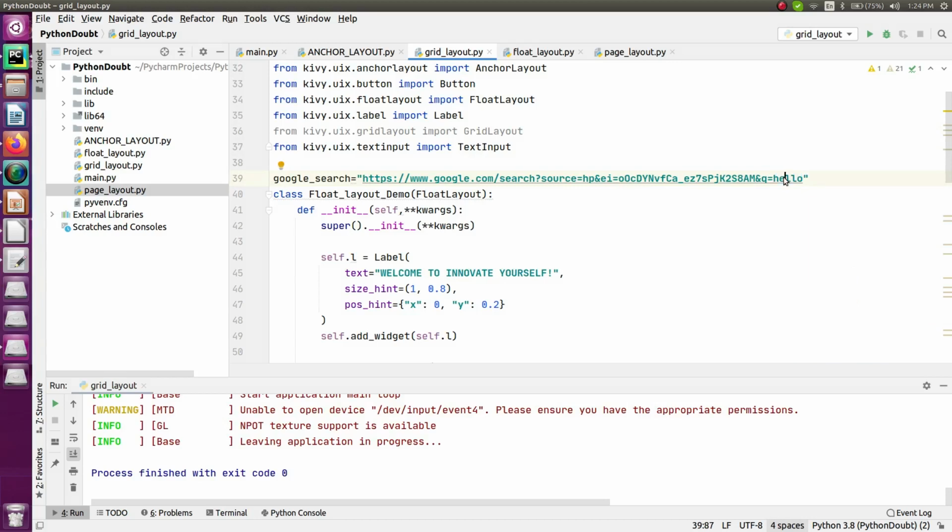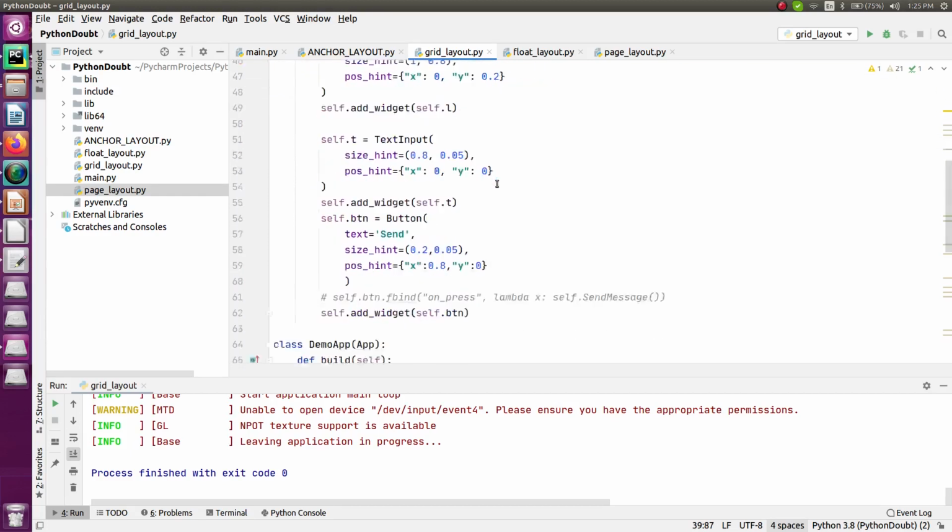Similarly, whatever message your user will enter, I will pick that and send it over here, based on which you will get a result for that message, right? So this is what I'm going to do. Right now, instead of that, I'm going to pass this placeholder so that I can update the values. So this is what I am doing.